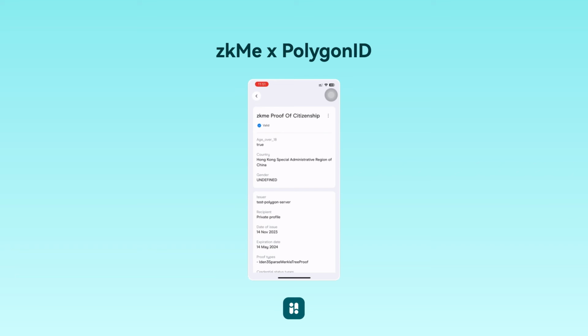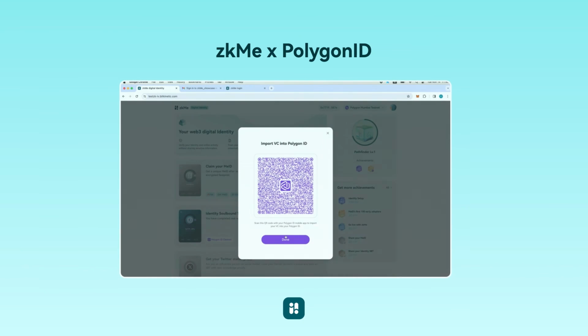So for example, if you're using a permissioned DeFi platform, they won't get to see the picture of your ID, they won't get to see a picture of your face, your name, the number of the ID, none of that. These are just the simple questions that they'll be able to ask. So for example, if they want to know if you're over 18, then they can quickly just ask your Polygon ID, with zkMe proof of citizenship, is this person over 18? And then now you're just back on to this screen. Once you've completed importing the VC into your Polygon ID, then you just click done and you're good to go